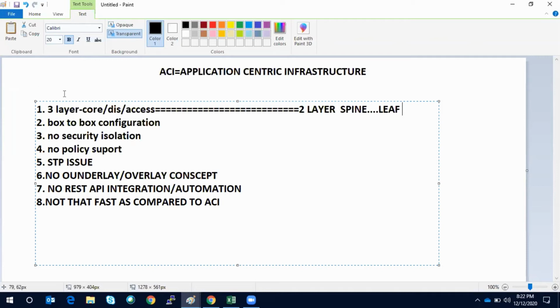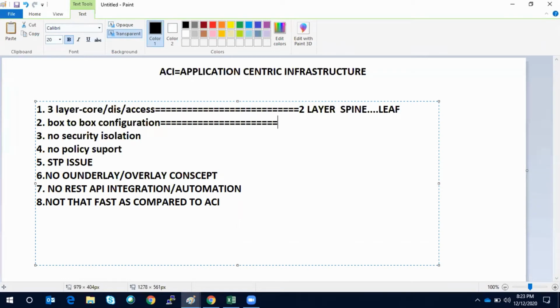Second advantage is, let's say you have to roll out a VLAN in your production network. Maybe you have enabled VTP, with server, transparent, and client mode, so you configure a VLAN and it gets replicated. But let's say you have not configured VTP, or some other configuration is needed, like SNMP. Then what will you do? Box to box configuration you have to do.